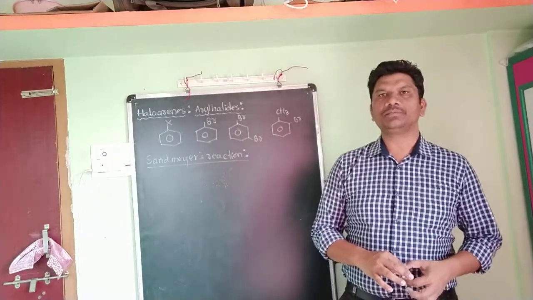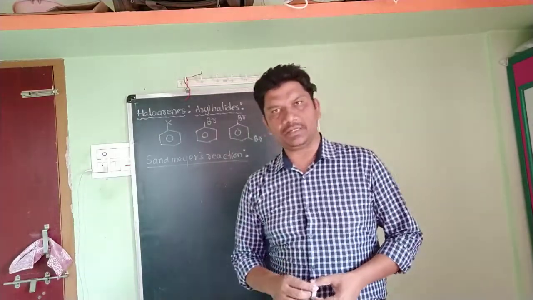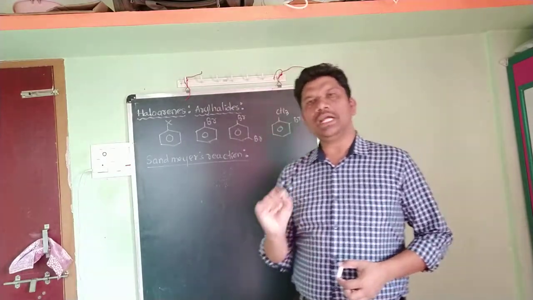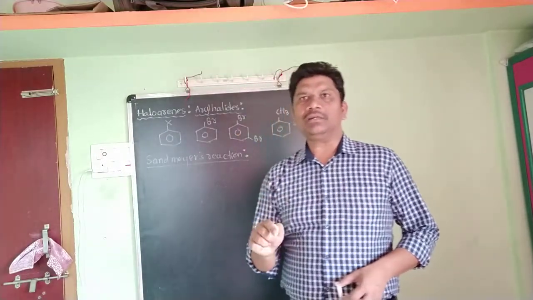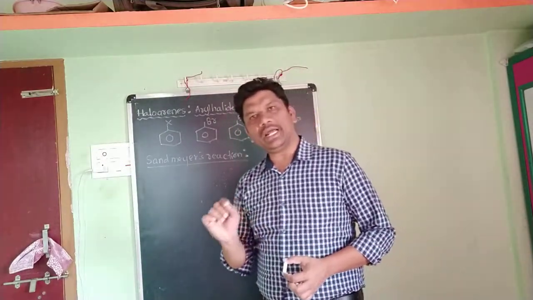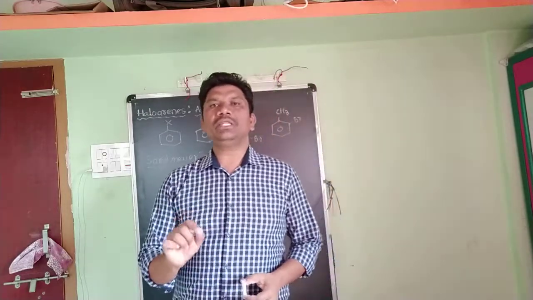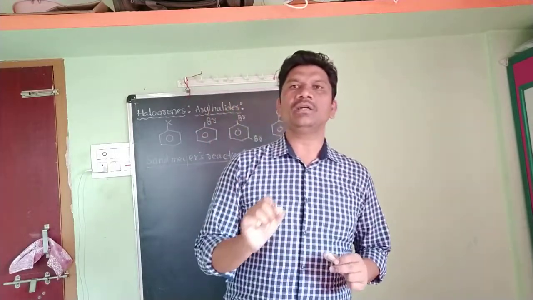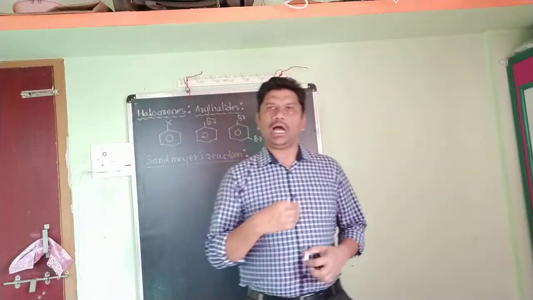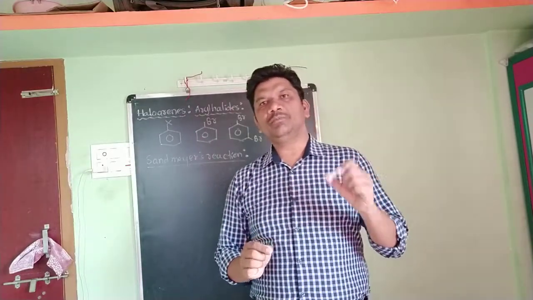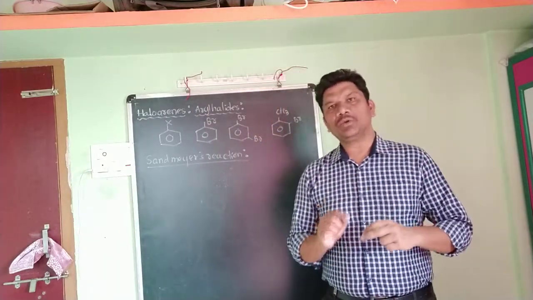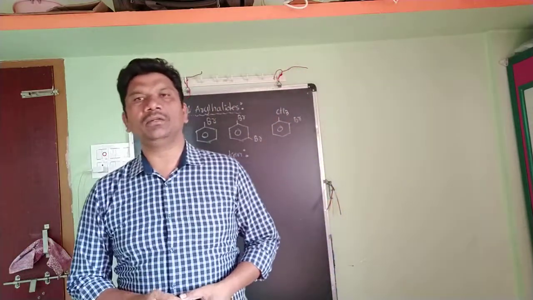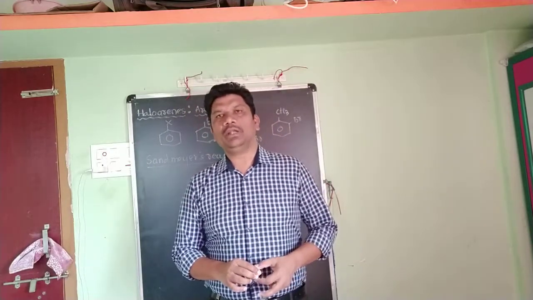I'll repeat the statement. What is Sandmeyer's reaction? When aniline is dissolved in dilute hydrochloric acid and ice cold solution of sodium nitrite, it forms benzene diazonium chloride. The formation of benzene diazonium chloride is known as diazotization reaction. After that, the freshly prepared benzene diazonium chloride on warming with cuprous chloride and concentrated HCl gives the haloarene, and the name of the haloarene is chlorobenzene.